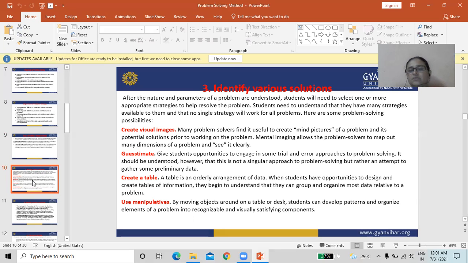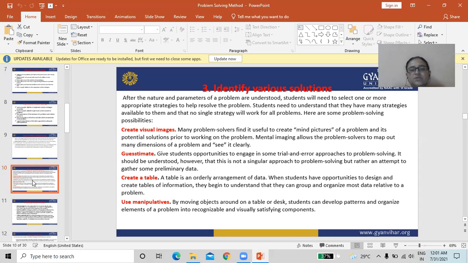Guesstimate gives students opportunities to engage in some trial and error approaches to problem solving.